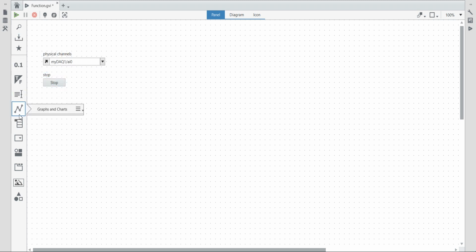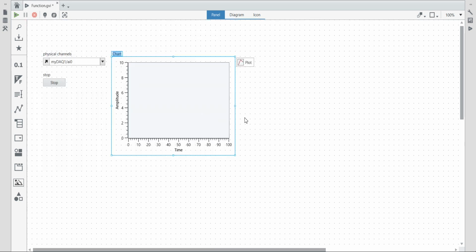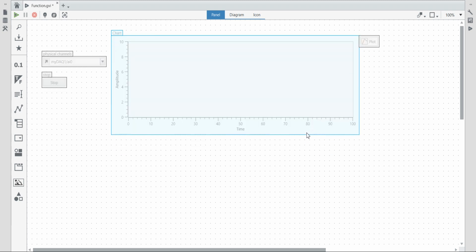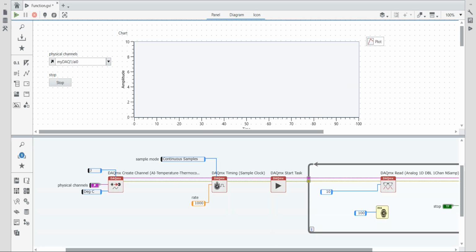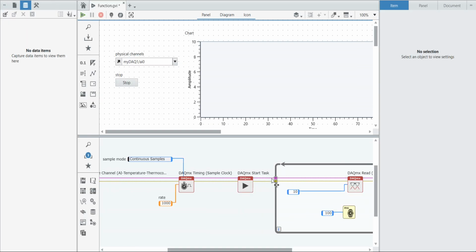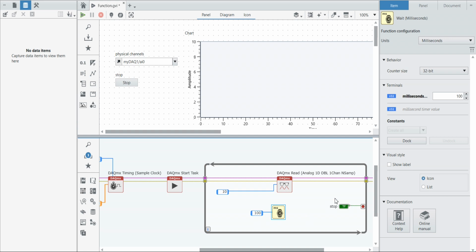Now click here in the waveform graph and take a waveform chart and place it here. Here I am going to click horizontal and vertical from this platform. So my program is here. Now again I am going to press Control T, and you will get this property window.